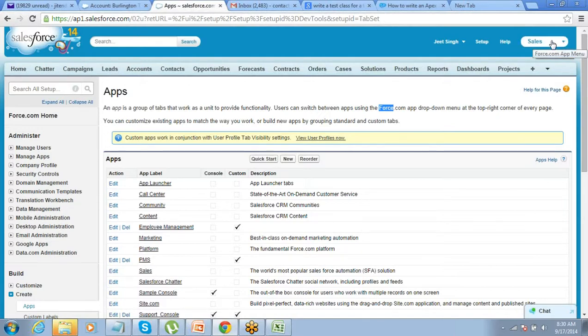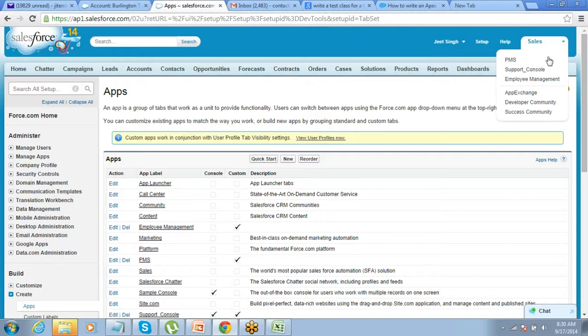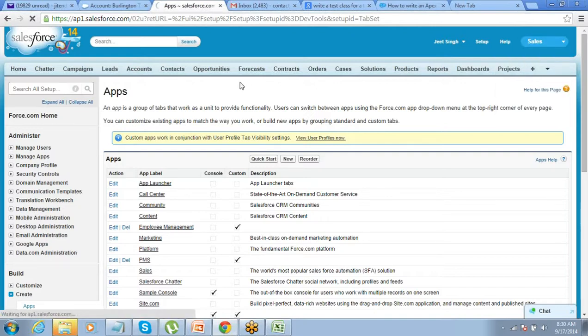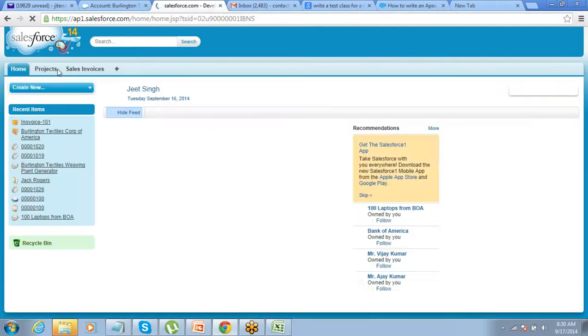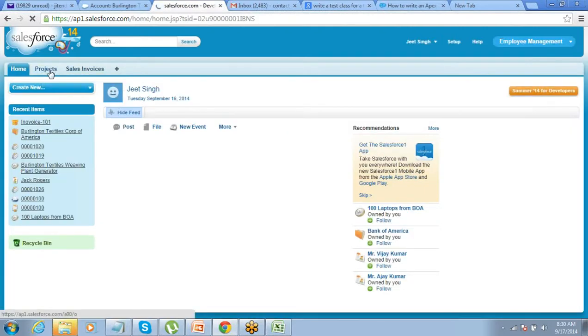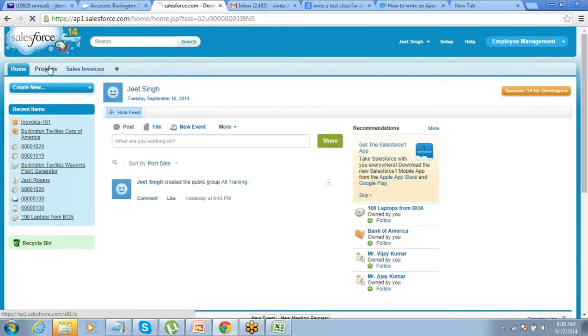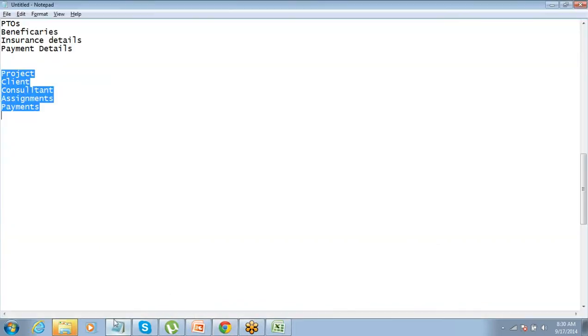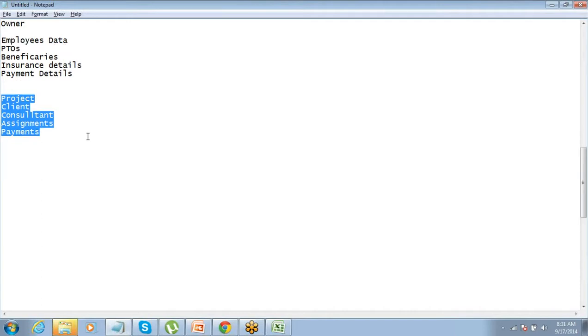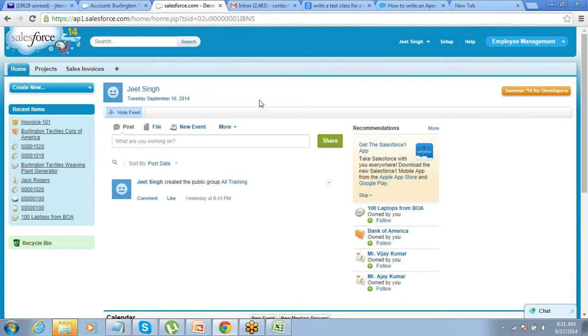Now, where will I see the app? It already gets into this thing. If you click on the drop down, you will get to see the app. For that app, whatever tabs you selected, you will get to see those tabs here. So you could have created, as I told you in this example, 4 or 5 objects which can be required by your employee management app, and you could have easily created an app for employee management. Is it not simple? Easy to create apps here, right? So that is it.